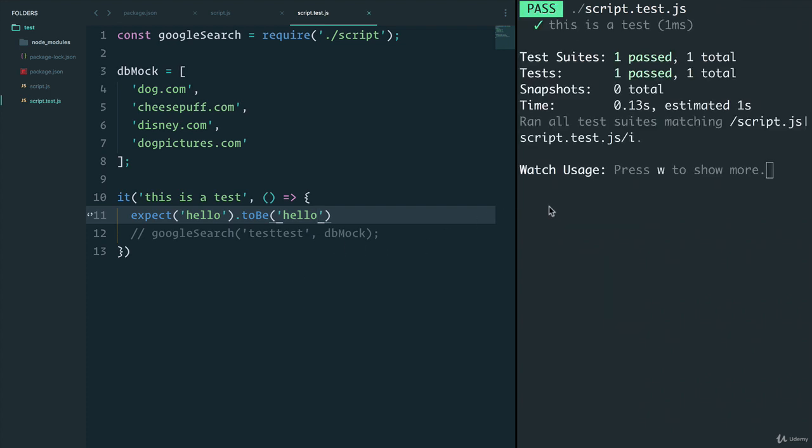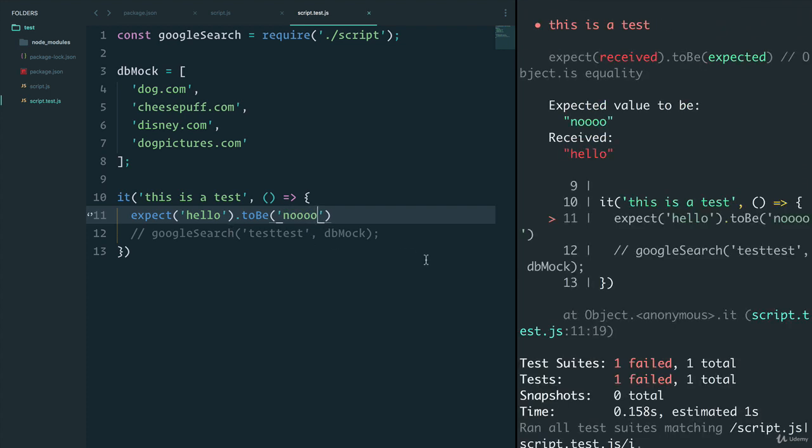All right, let's save that. All right, everything is passing. But if I change this to no and save, I get a failed test. It says it expected the no value but received hello. And it's got pretty nice output. It shows you which line failed and what the test failed at. Using that logic,